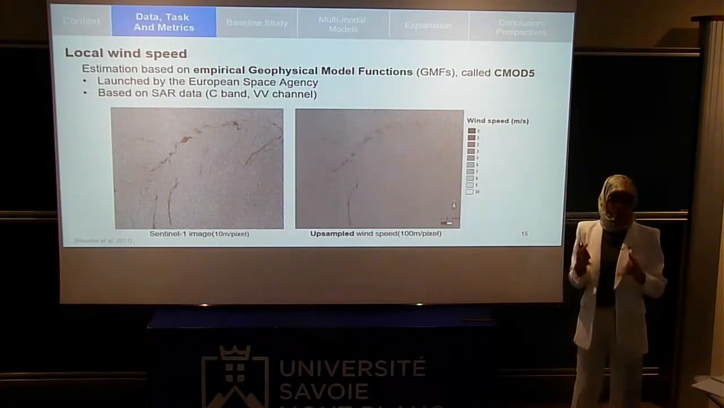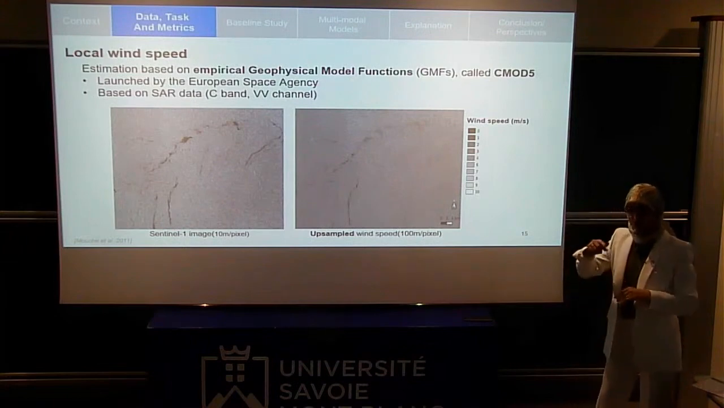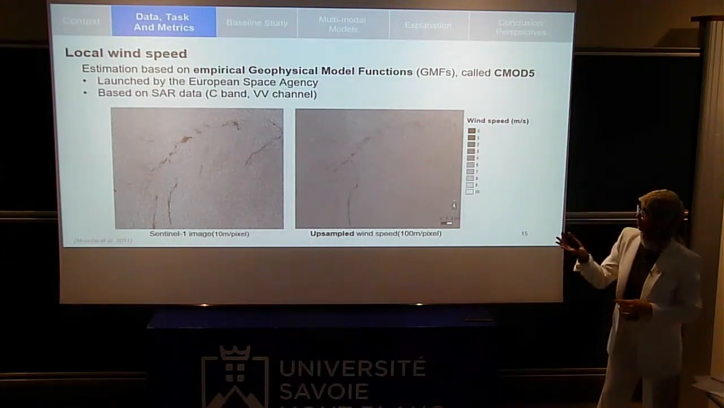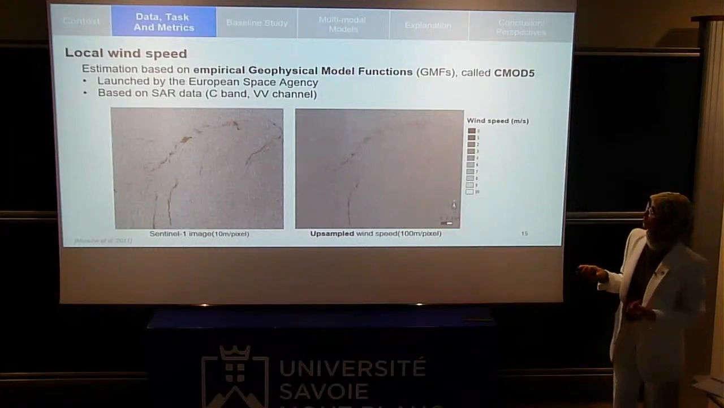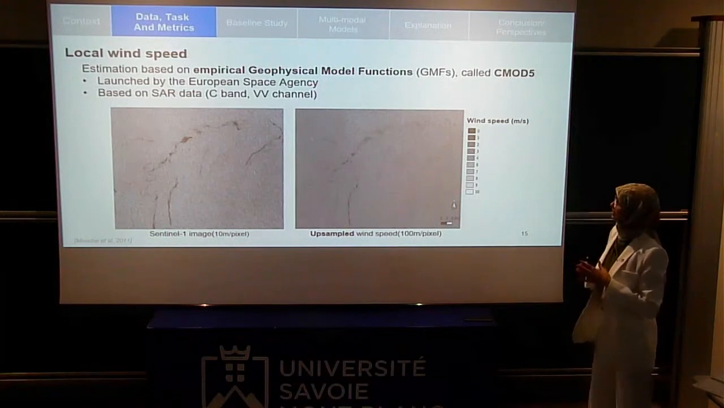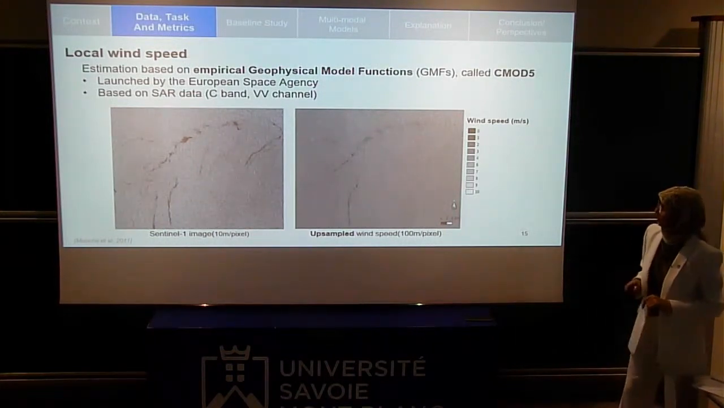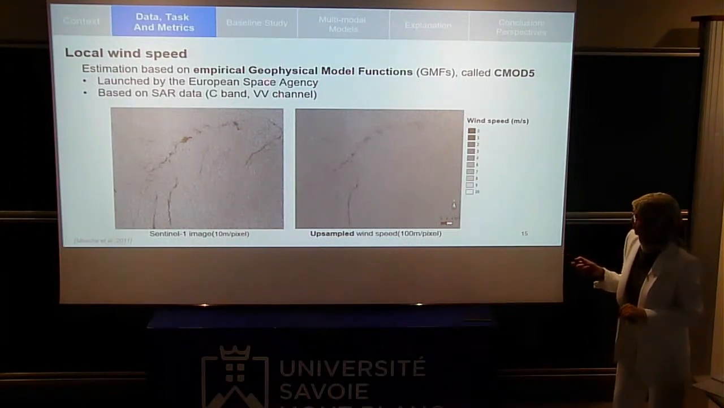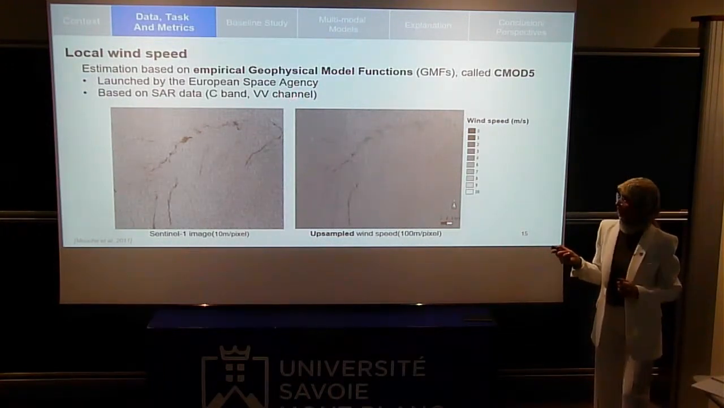As we saw, the oil slick dampens the sea surface, so the clean sea is always rough due to the wind speed. The wind speed is valuable information for the detection process. So we chose to use wind speed estimation based on empirical geophysical model functions called CMOD5. It's based on the SAR data, particularly the VV channel, as it's a very relevant channel for oil slick detection,